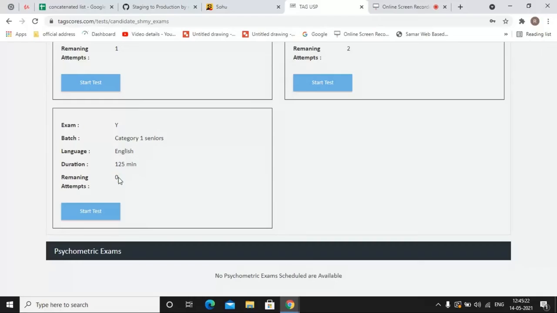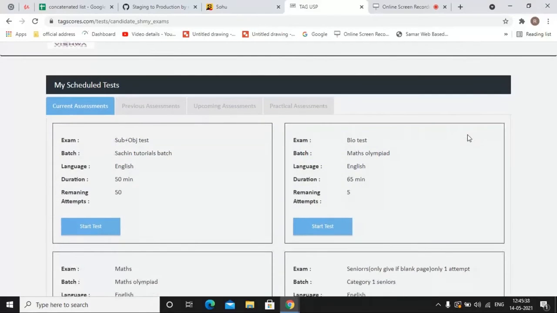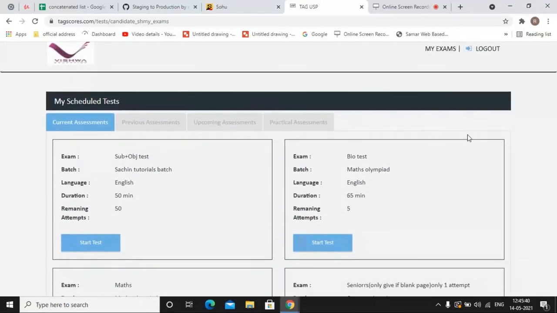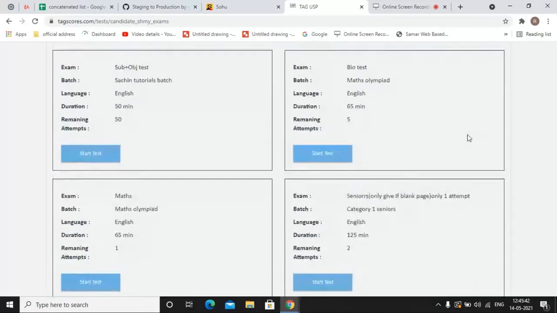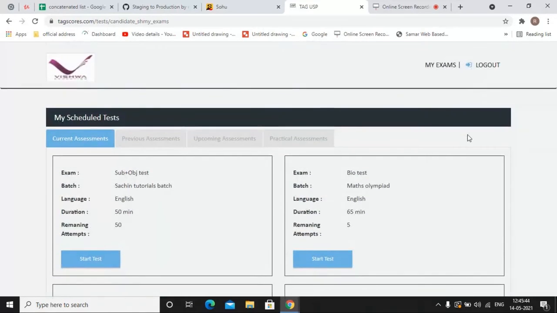This means you cannot attempt this test anymore. If I click on start test also, it will not start my test. So please try to give your test in a single attempt.